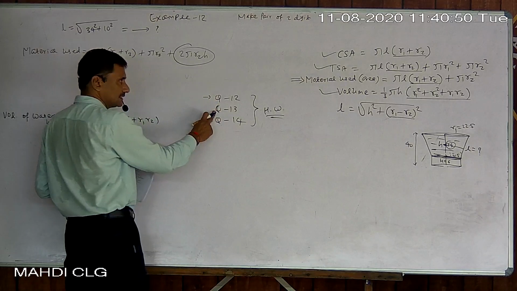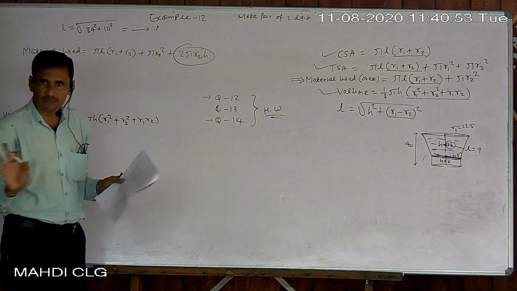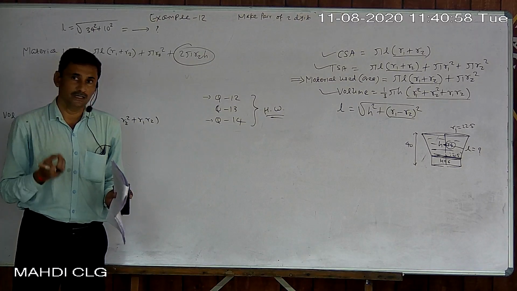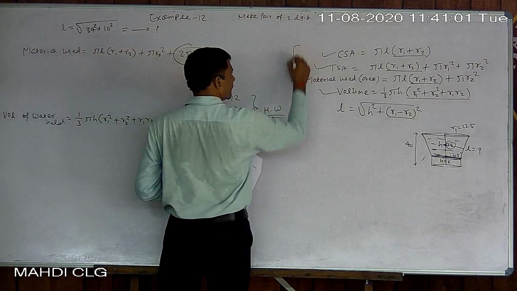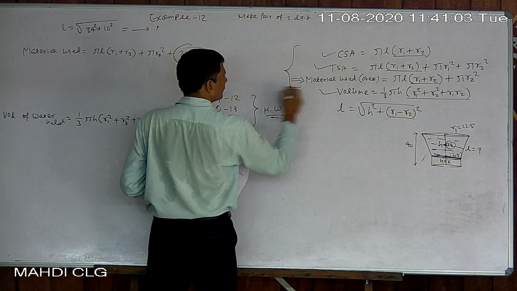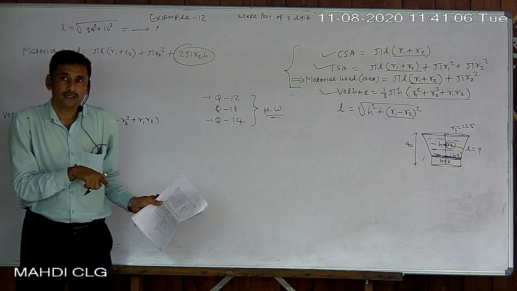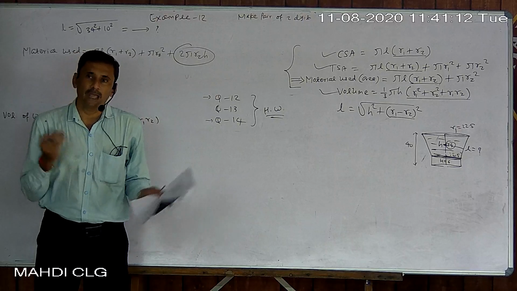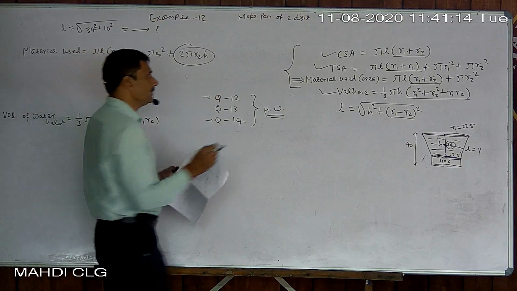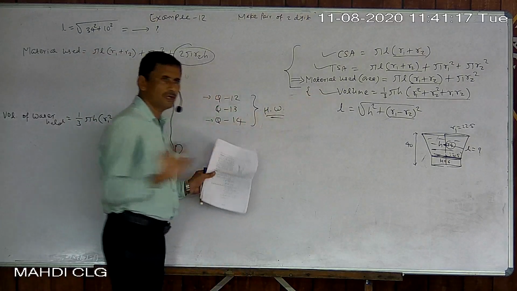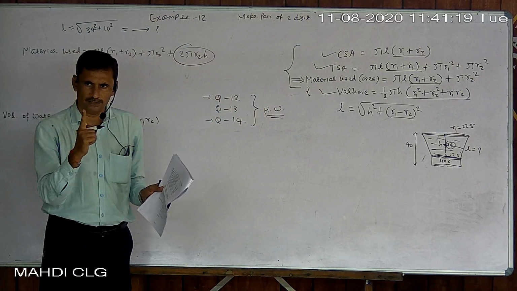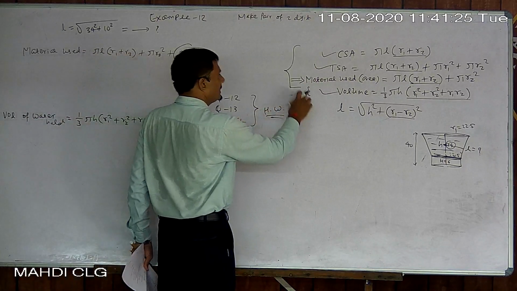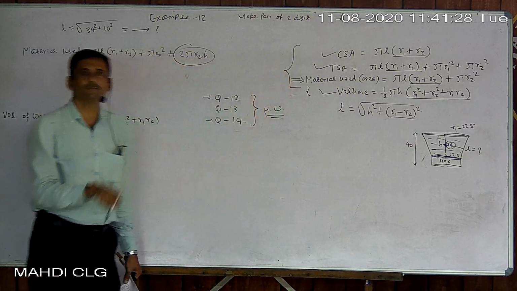Here volume is asked. In number 13, volume, so no L is there, so that is quite simple. Volume is easier than area. Why? In area there is a variety of formulas, then L is required. So you may get confused about which formula should be used, and sometimes finding L becomes complicated. But in the case of volume, there is only a single formula and no L is required. So finding volume becomes simple, but area sometimes becomes difficult.